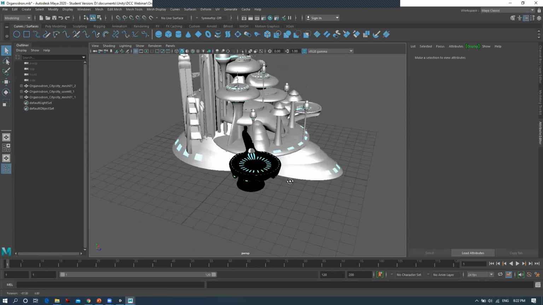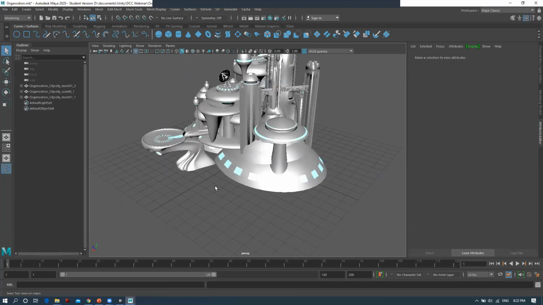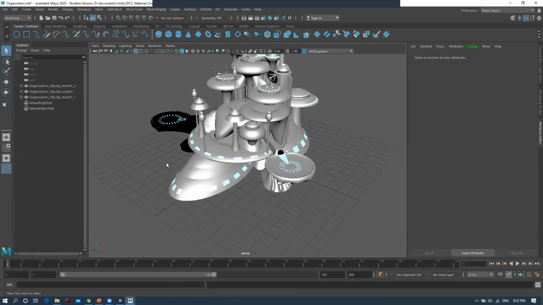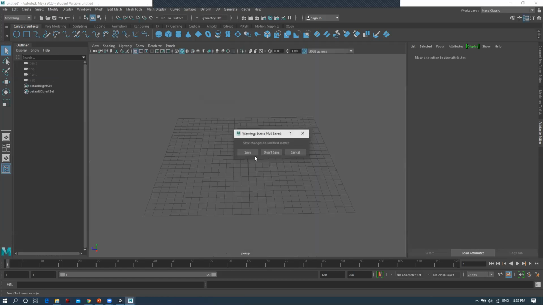Some part of it is sculpted, some part of it is modeled, and some part is similar to cylinders, not even changed. So this is one model there. What I want is for this model to be sent directly in place of those cubes. So I'm just going to close this Maya window.